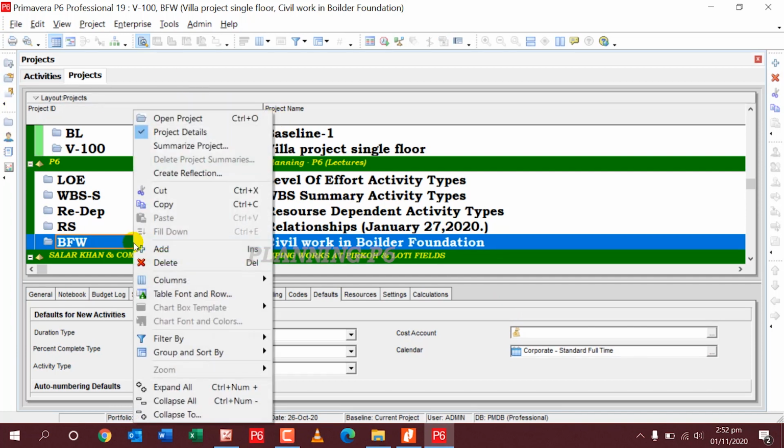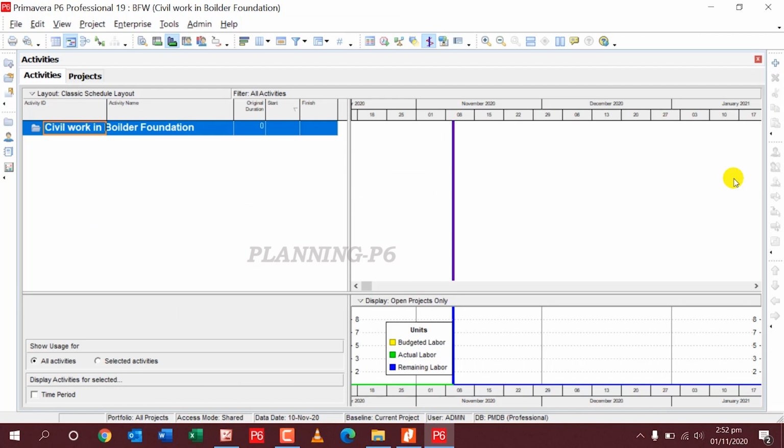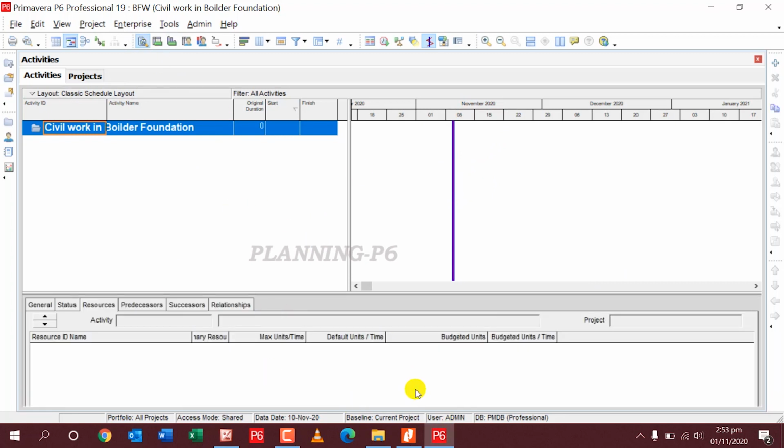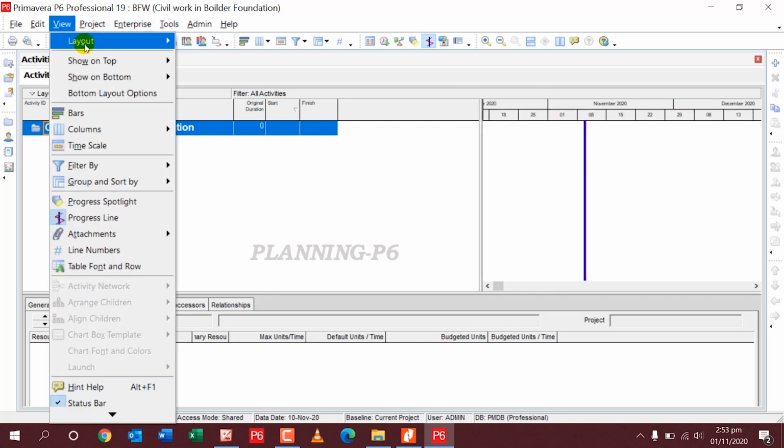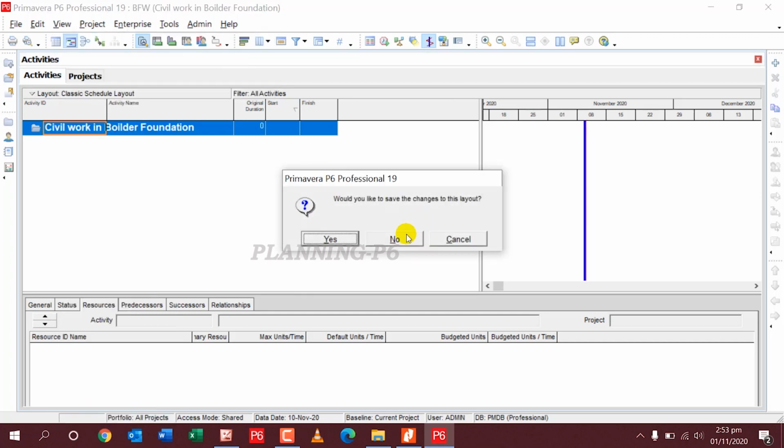So I will just open boiler foundation work here. No activities. You can see no activity here. For the detail, go here. View, layout, open layout, and I will open a classic layout, apply.